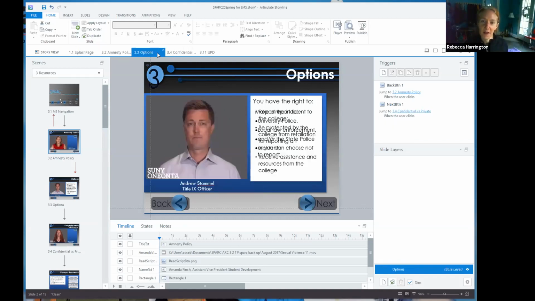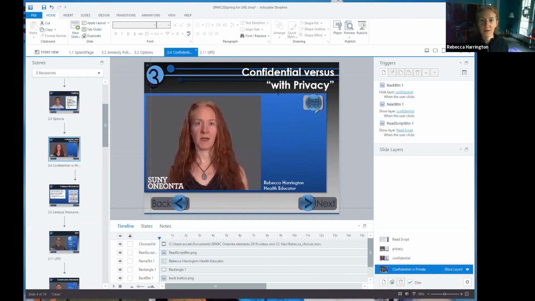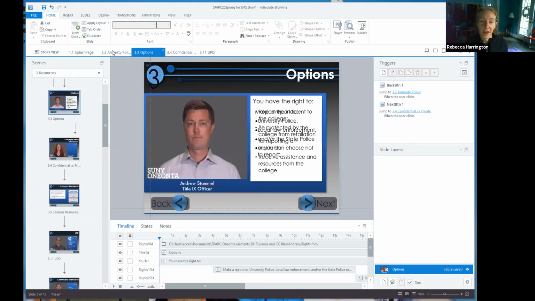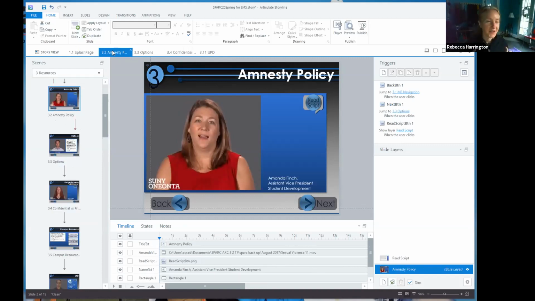So the faces are moving around, but if you focus just on this read script button as I click through, that holds steady through the whole thing. It stays in the rock solid same place. And so how do we make that happen? Because odds are good, our fine motor skills are not as attuned. There's some combination between really great fine motor skills and mouse glitches and, you know, just the humanity of working with computers not always being a perfect match. So how do we get in there and really make things work?